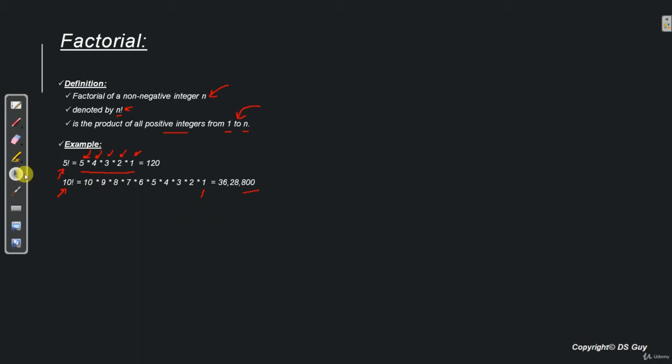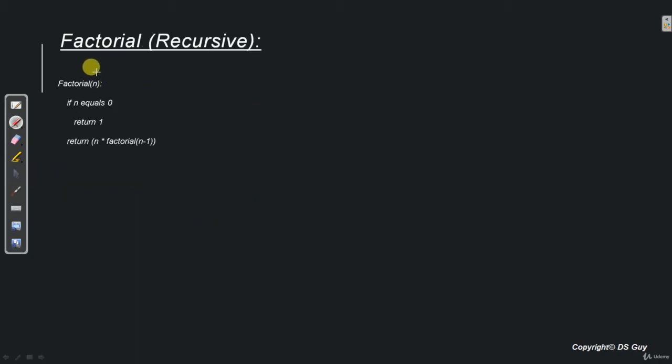Okay. Now let's see how we can find this factorial value of any given value n using a recursive method. So we have a recursive method over here called factorial. It takes an argument n, which can be any non-negative integer. Then we say if n is equal to 0, then simply return 1. Else we return n into factorial n minus 1. So we observe here we are doing a recursive call of the factorial method with a different argument, and the modified argument is n minus 1.